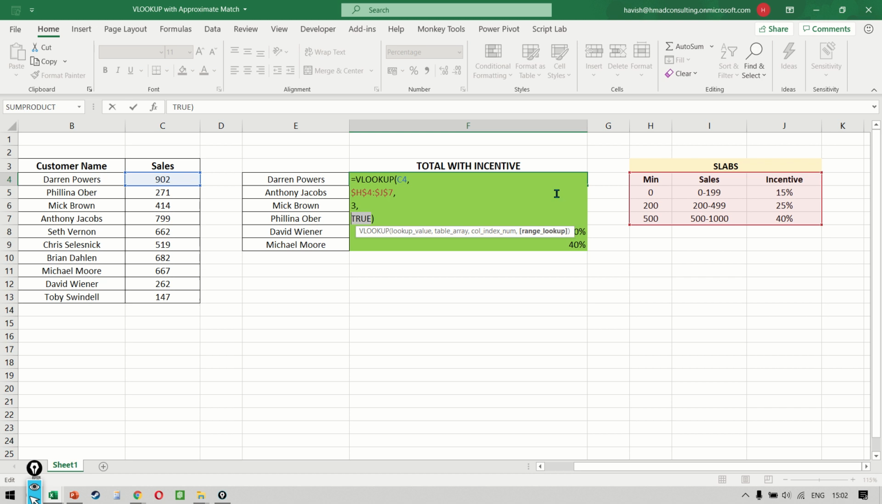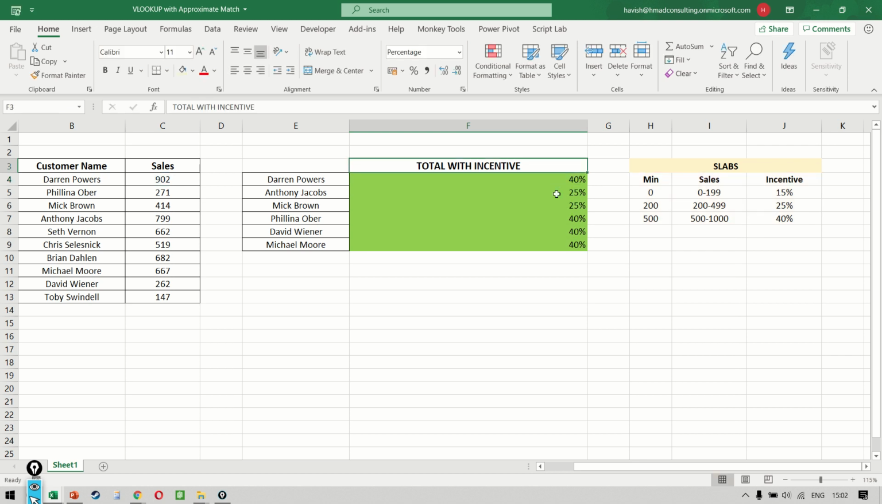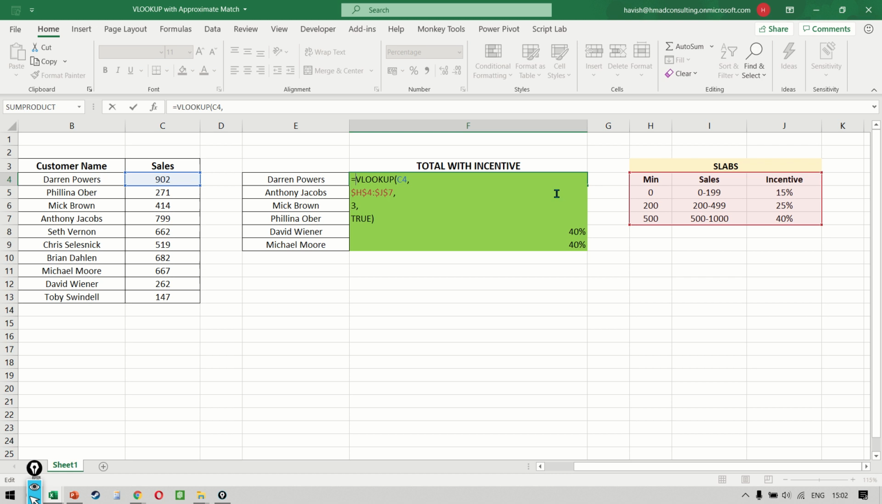But this is not the result, right? We need to find the original sale amount plus the incentive. To do this, we can simply write the original amount, which is going to be 902. Now, how do you get that number? We will get that number by using